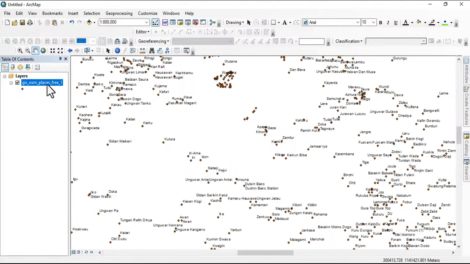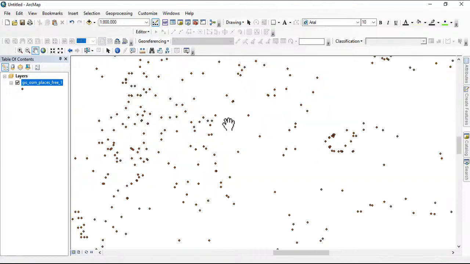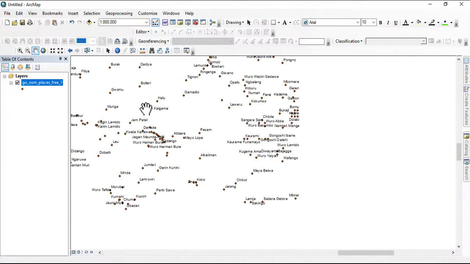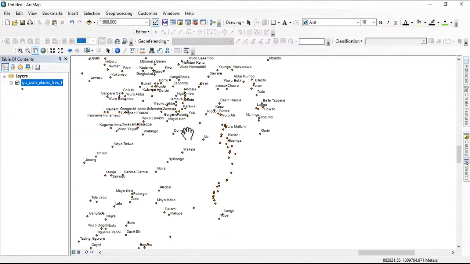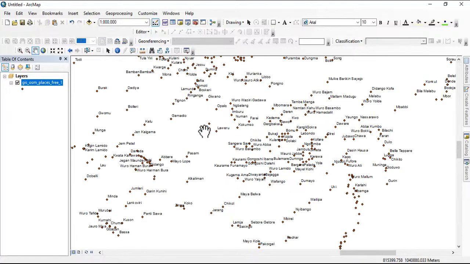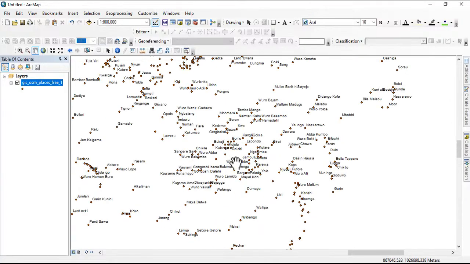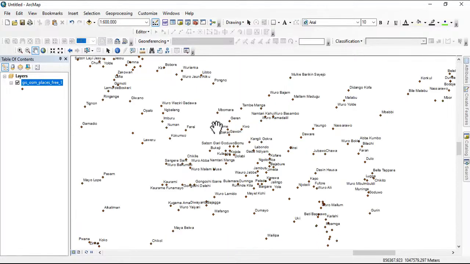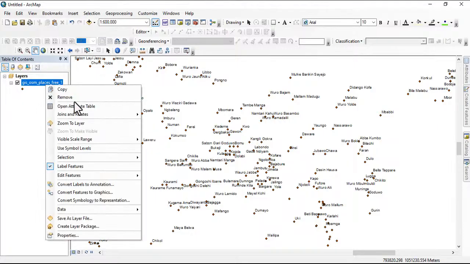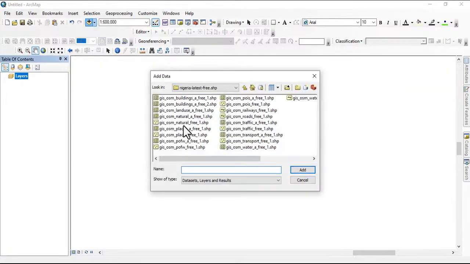So this data has it, but mind you, like I said, I cannot attest to the accuracy of it, because I used this data for a work in my state, and I realized that some of the spellings are not correct. So we had to manually resort to fixing some of those, but you can find it very useful, and you make adjustments to it to refine the data. All right. Then we have